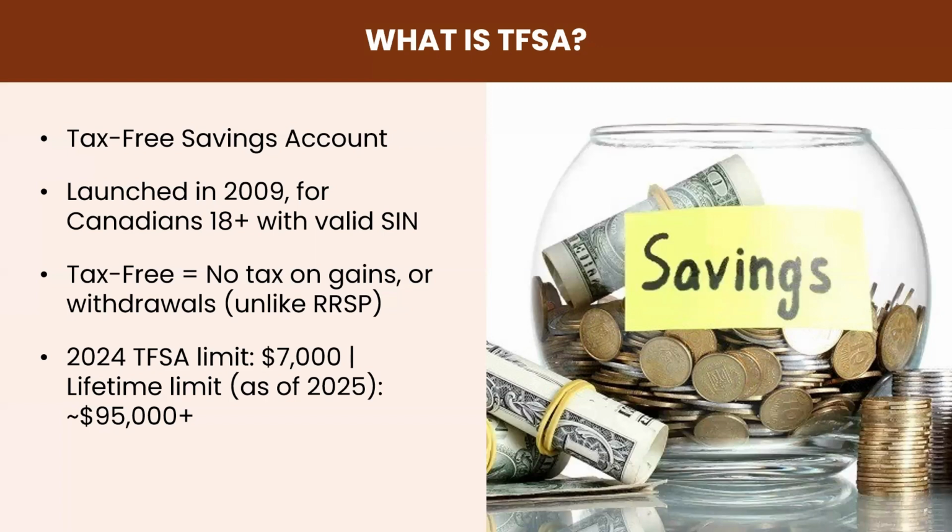Number one restriction that you have there is your contribution room. Contribution room for 2024 was 7,000. What that means, contribution room, is that's the maximum amount of money you can put into your tax-free savings account. For last year, it was $7,000. This year, it's also $7,000. In some of the prior years, you have 6,500, sometimes it was 6K or less. So you need to know what your contribution room is. So as good as this account is, you need to make sure that you're mindful of checking your contribution room so that you don't expose yourself to penalties. And I'll talk about those kind of penalties that you want to avoid later on.